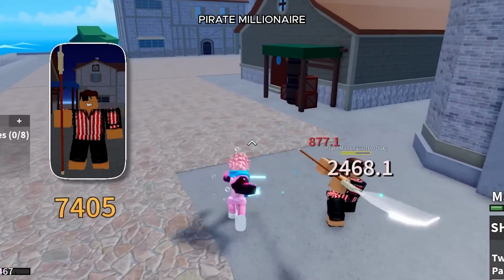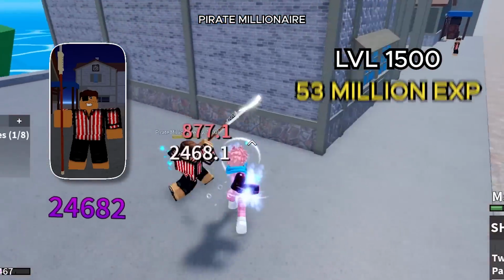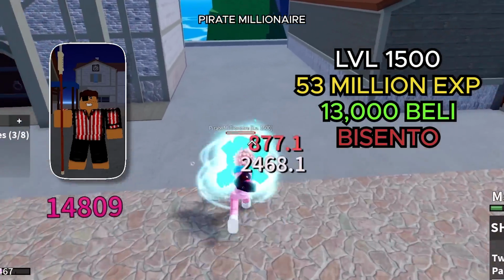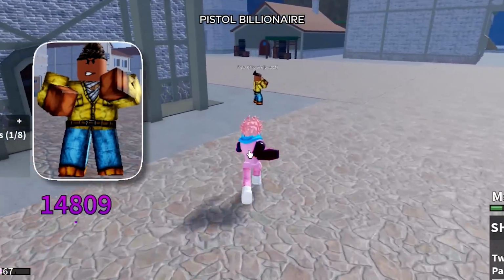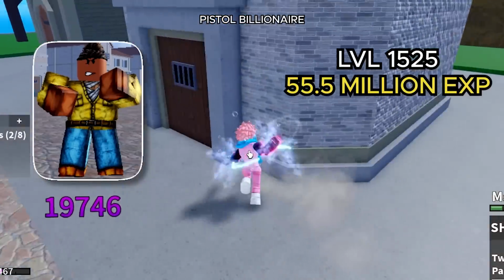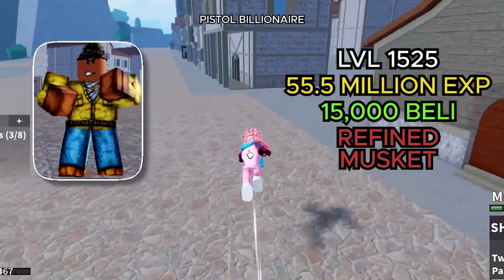And it's Pirate Millionaire, and you have to be level 1,500 to fight these guys. They give you 53 million XP along with 13,000 belly. And they use the Bicento as a weapon. Next is the Pistol Billionaire, and these guys are tough, so you have to be level 1,525 to fight them. They give you a total of 55.5 million XP along with 15,000 belly, and these guys use a refined musket